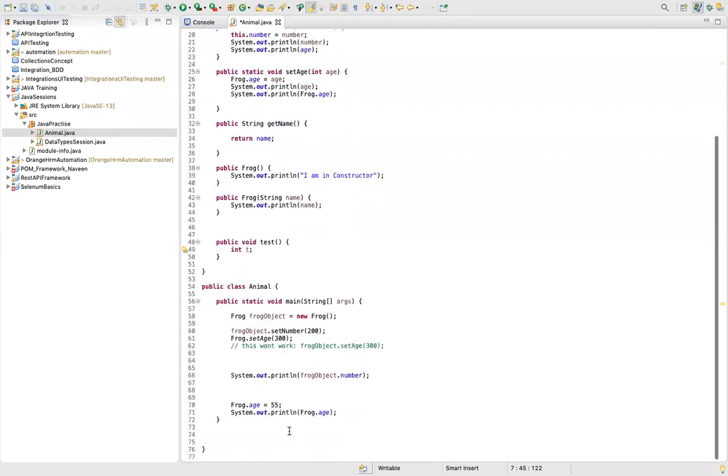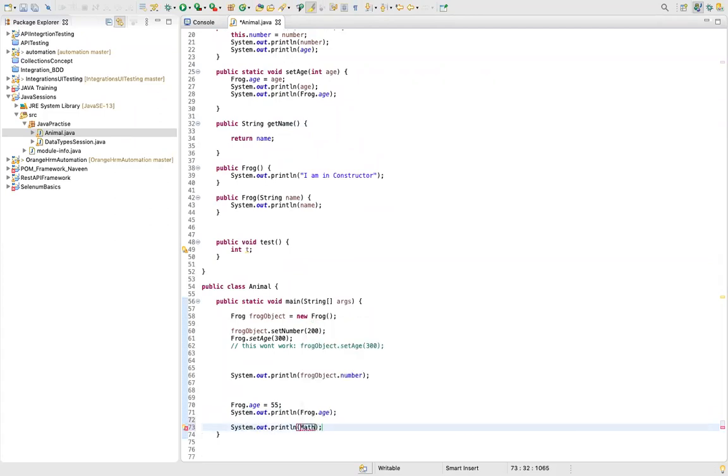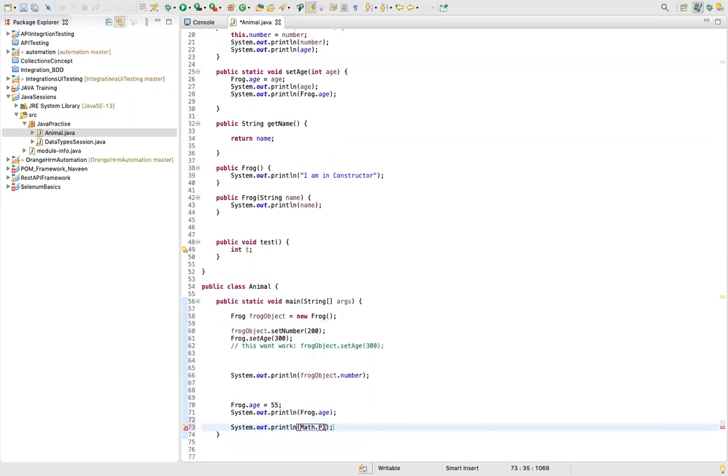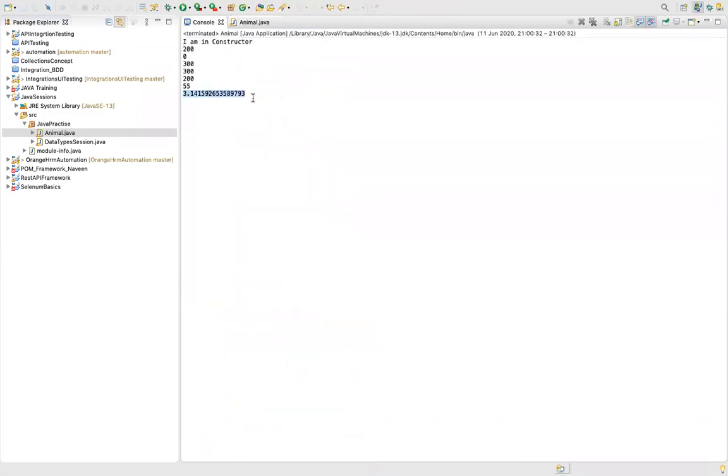People can only access it. For example, I'm just showing you an example: Math is a class in Java, right? See pi. When I say Math.pi, it gives you the nearest value of pi.